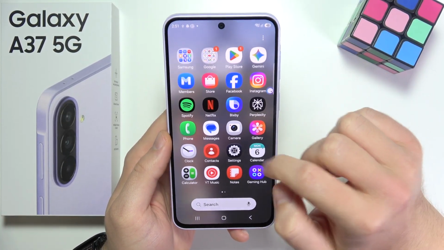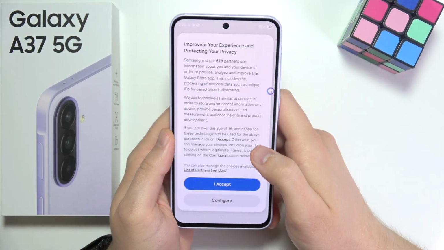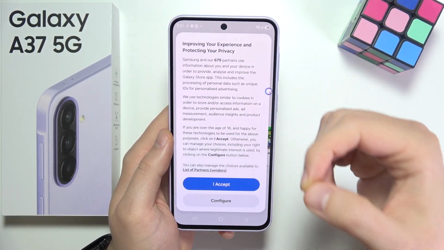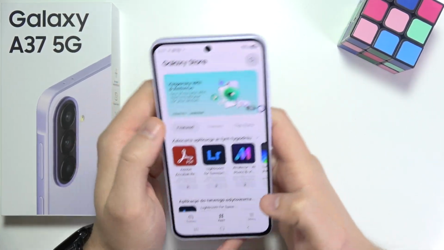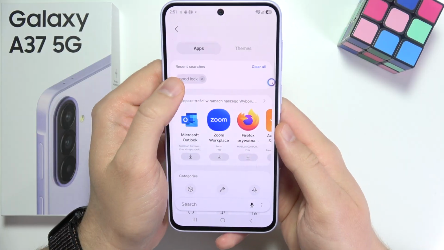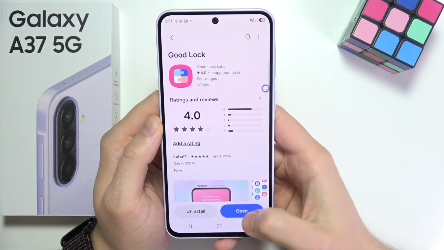So you have to go into the Galaxy Store first, and you have to be connected to Wi-Fi or mobile data, because these features are not available in the system settings. Now go to Apps, click on search, and search for the Good Lock application. You will have to download this app and open it,